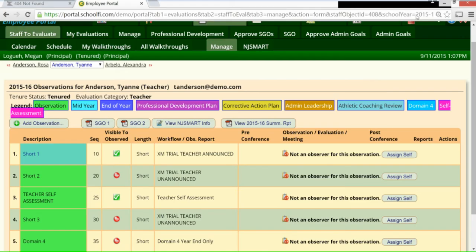So let's go back. As an observer, the first thing that you need to do to be able to do the observation is to be assigned to it. Now, someone else could assign you, or you can assign yourself. In my demo here, I'm going to assign myself. We're on Tyann's specific screen, so each row here represents a different observation evaluation event or slot. So when I click Assign Self,